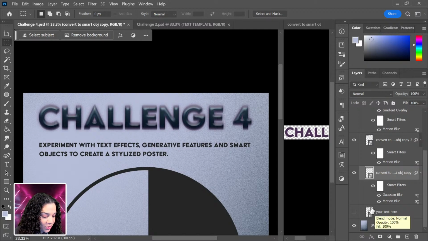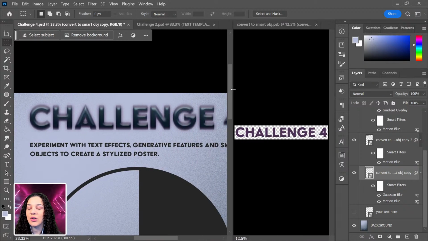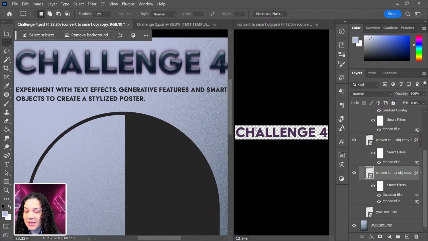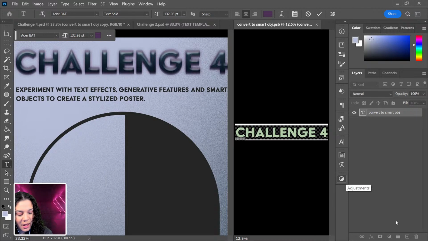So I'm just going to double click here. And that does open our text layer where it says challenge 4. So you can see that I've got it all linked up here. And what we can do is change this to something interesting, which I think that I may go ahead and